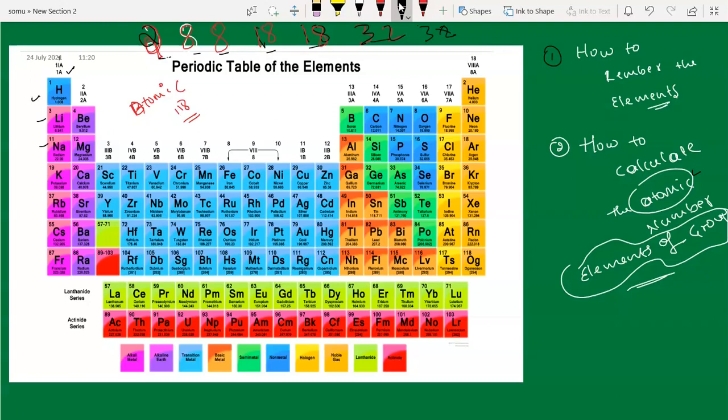No need to memorize: hydrogen is 1, lithium is 3, sodium is 11, potassium is 19, rubidium is 37, cesium is 55 and francium is 87. If you know these elements, you can easily find the atomic numbers using our magical numbers, and so for the whole periodic table.